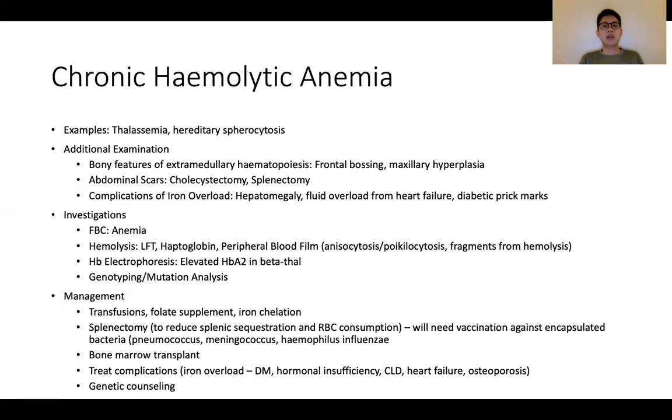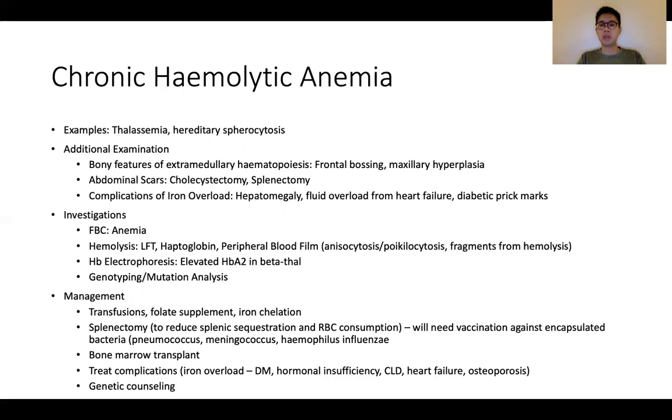So the next group will be the chronic hemolytic anemias. In the context of our local population, often it would be a beta thalassemia major patient. In the Western population, sometimes you get hereditary spherocytosis. But it's good always at the outset to offer chronic hemolytic anemia before you talk about thalassemia specifically. So in terms of the physical examination, it's important to comment on the presence or absence of bony features